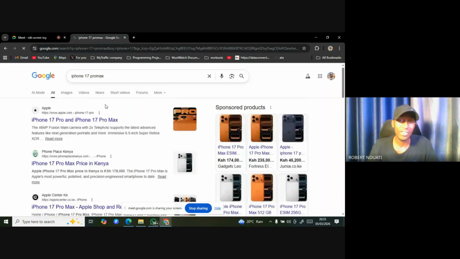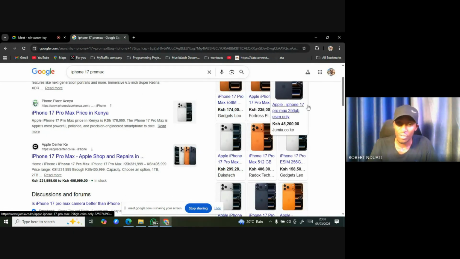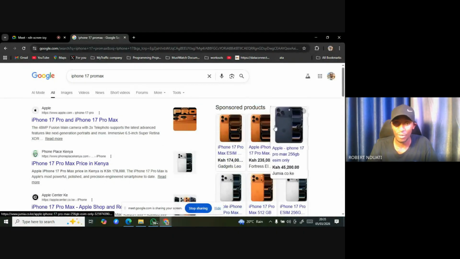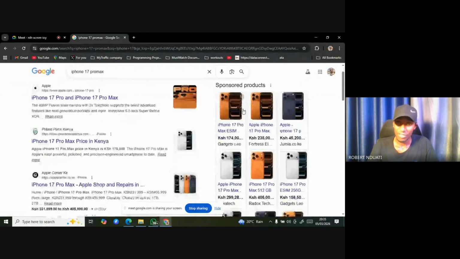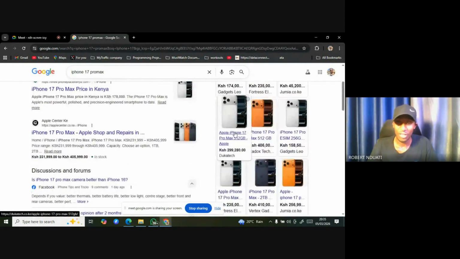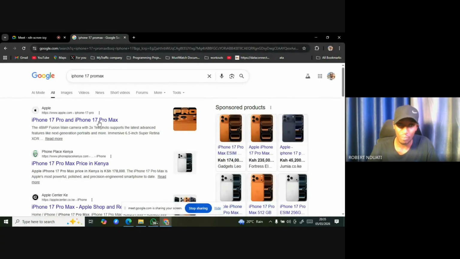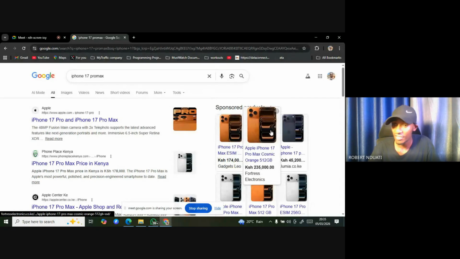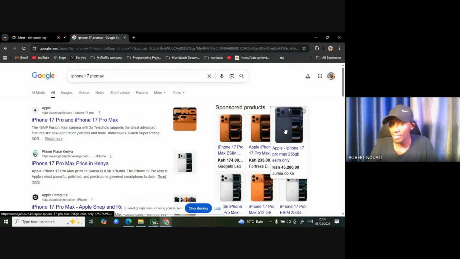So if I do a search, on my top right, you can see we have several products here which are sponsored. So this is what we call Google Shopping Ads, and they only appear at the top of Google search, and they don't appear in Google search partners. So basically, that's what we call Google Shopping Ads,